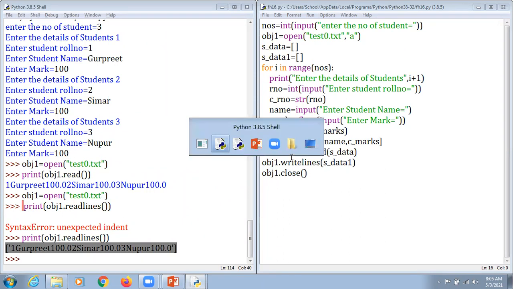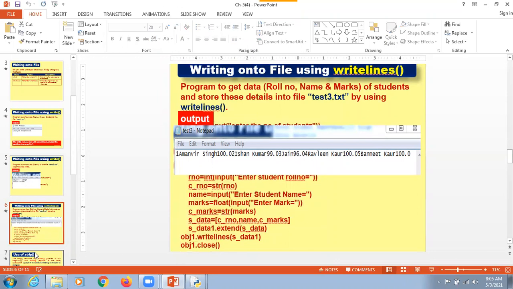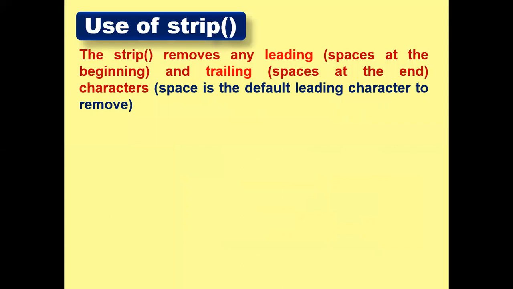Okay, now I'm just going to move towards the PPT section again. So dear students, I just move towards the next portion, that is this one. I'm just going to press F5 and display that. Now we talk about the use of the strip function here. Kindly concentrate, dear students. This is considered important, as well as very easy to do.